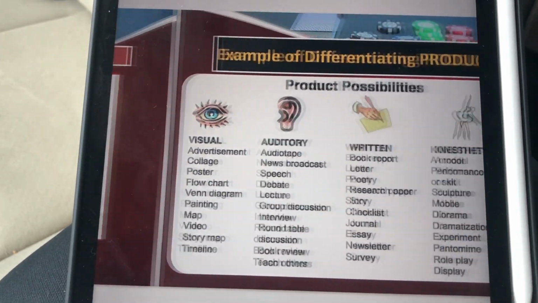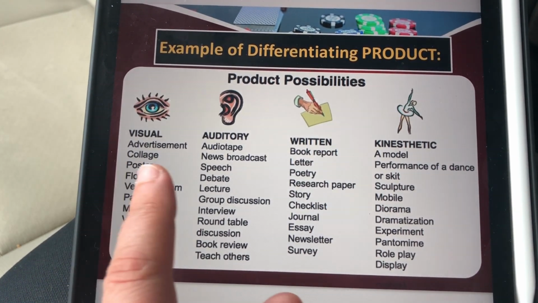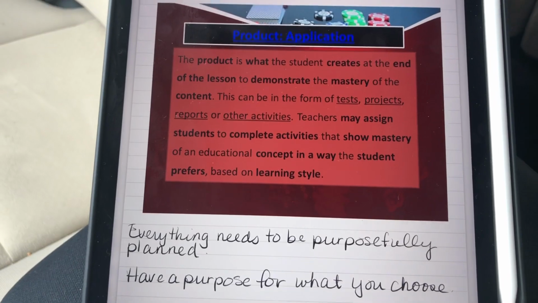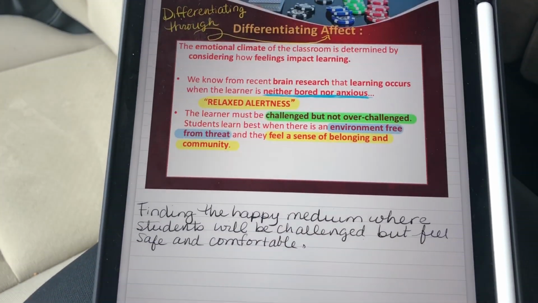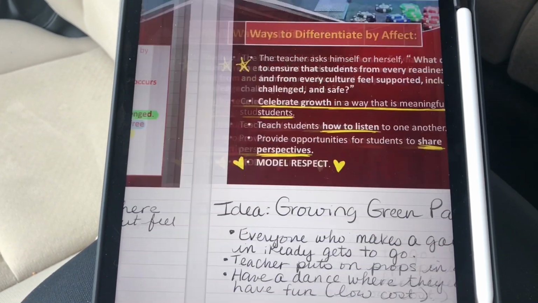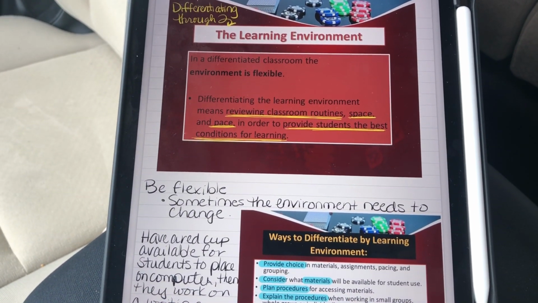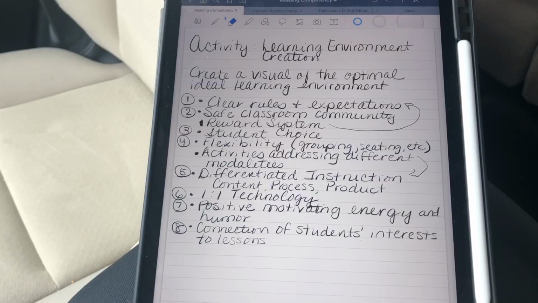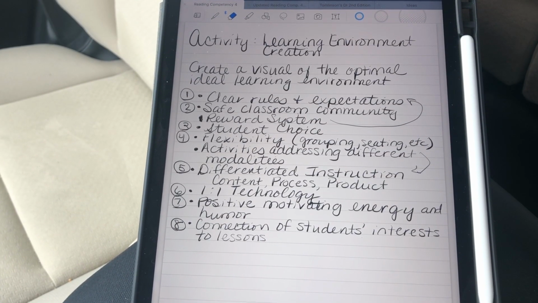And then we talked about product and how we differentiate products. So we were talking about the different types of products based on the different learning styles, and we talked about how we apply that. Let me just keep scrolling. We talked about differentiating affect. We talked about how we can differentiate the environment, and then we were asked as a group to create an